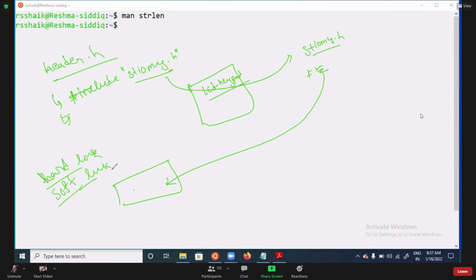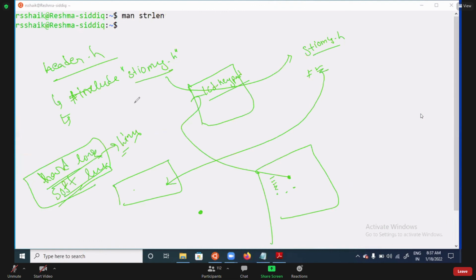Whenever you are taking those links, what will happen? If you modify in one place, automatically it will be replaced in other places also. Like that, this hard link and soft link come from the Linux concept actually. So they are going to take some files, modify them somewhere, and after that provide this file.